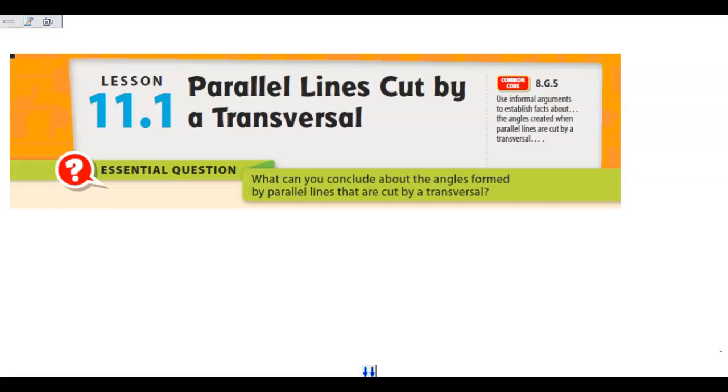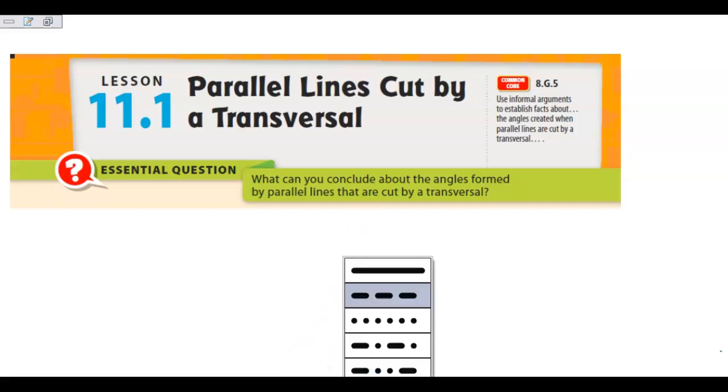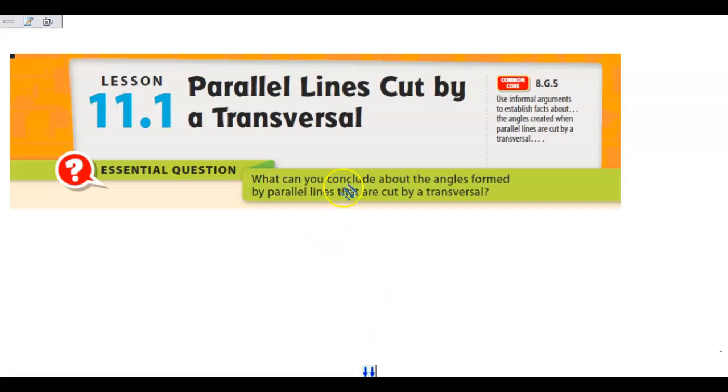Hello, today we are going to work with transversal lines. When we're talking about a transversal line, we need to remember that that is taking a line and slicing it. So if I have this line right here,